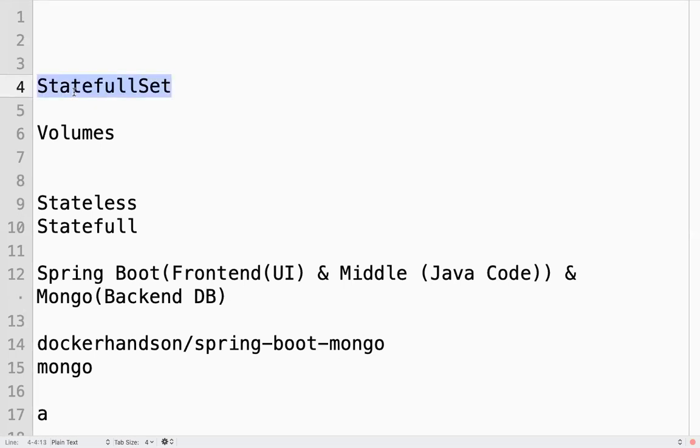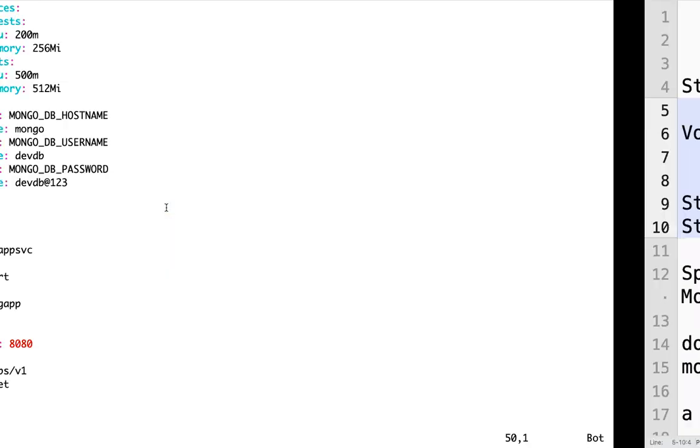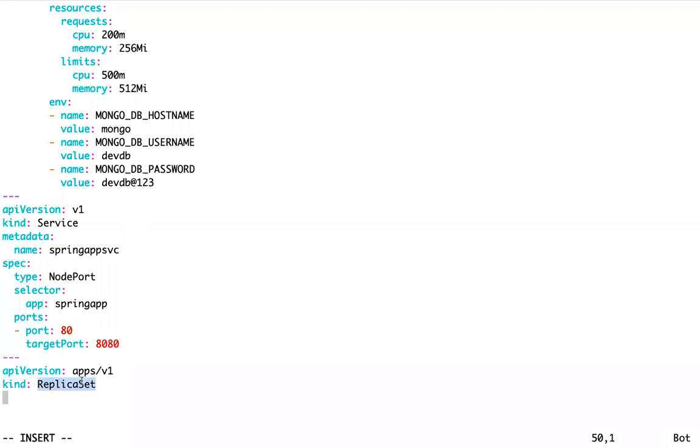Basically, we deploy databases, whatever database you are running as a pod, as a stateful set. But before I go for a stateful set, you should know the volumes concept. That's why I am first explaining with a replica set. Ideally, for databases we can use a stateful set. What is a stateful set? I'll come to that later. First, let me deploy using a replica set.